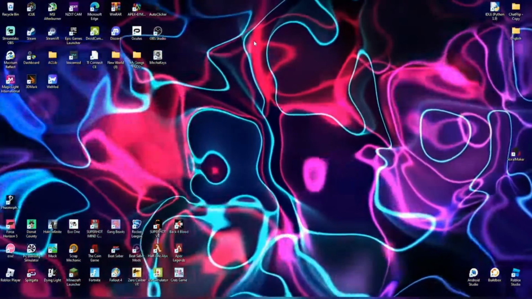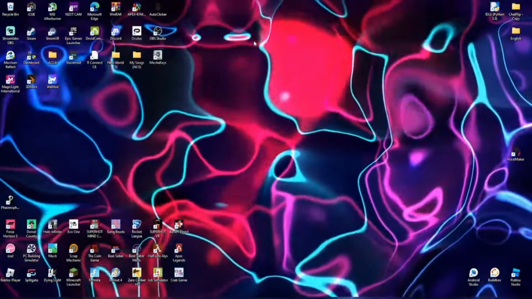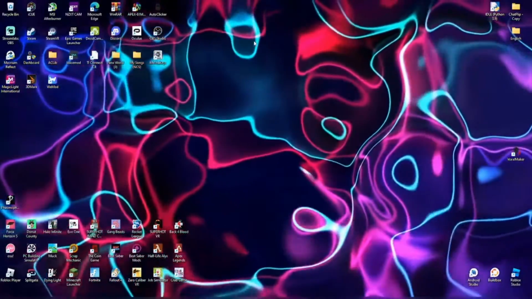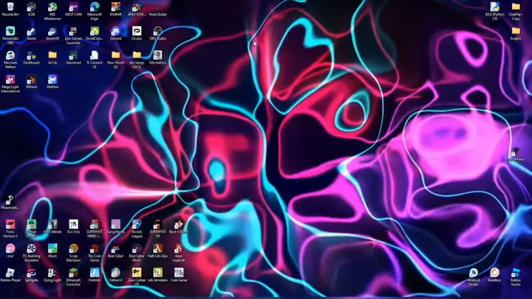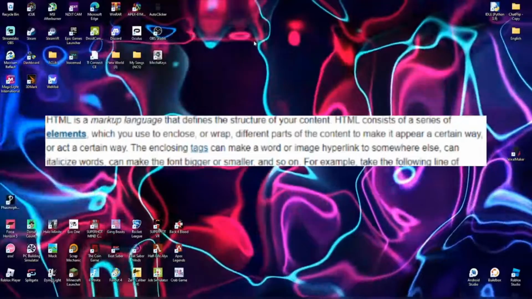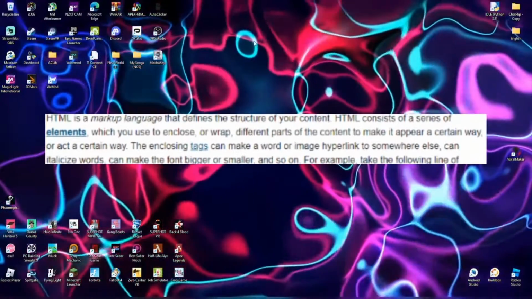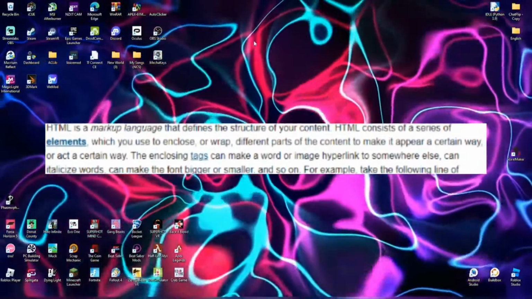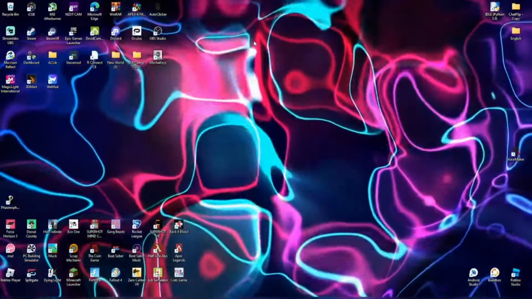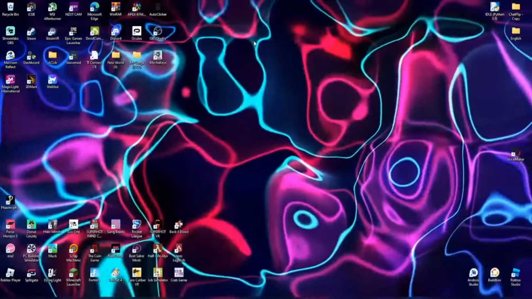So basically what it's saying is HTML is the basis of coding the text, images, anything on a website that you want. HTML consists of a series of elements which you use to enclose or wrap different parts of content to make it appear a certain way or act a certain way. For example, maybe changing the color of text, the size, the font,